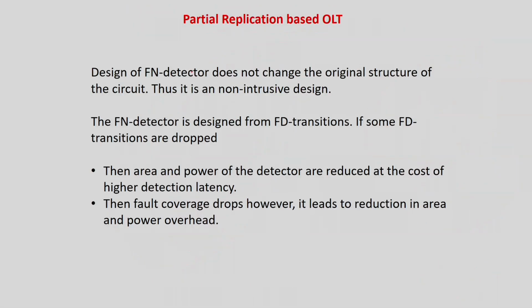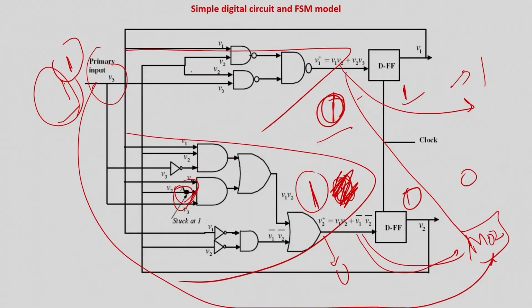Now I will take this vector and apply it in the circuit with a simple simulation. So what is the value? 1 0 where the error can be detected and the input is a 1. I just simulate the circuit, of course with a fault, and it will tell you that the answer is a 0 and a 1. And if the error was not there, the answer would have been a 0. In fact, I am not interested in this part. So this will actually give you the FD transition.